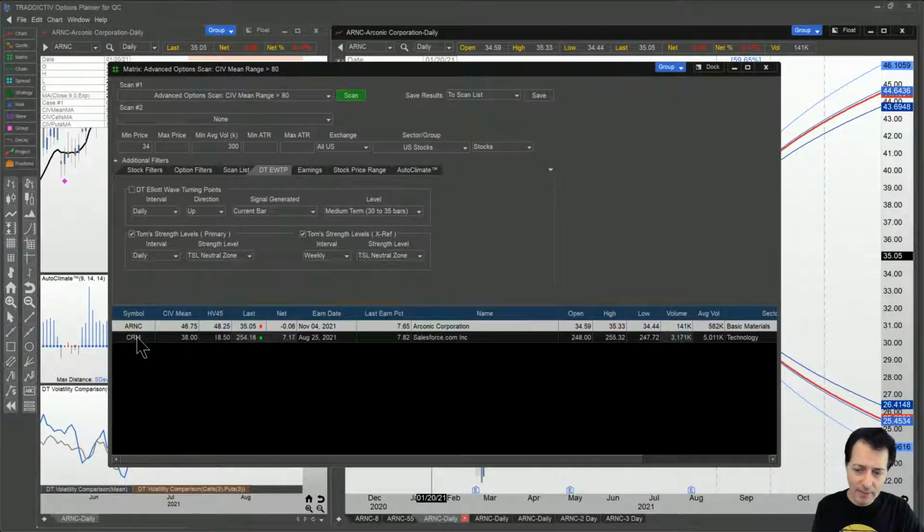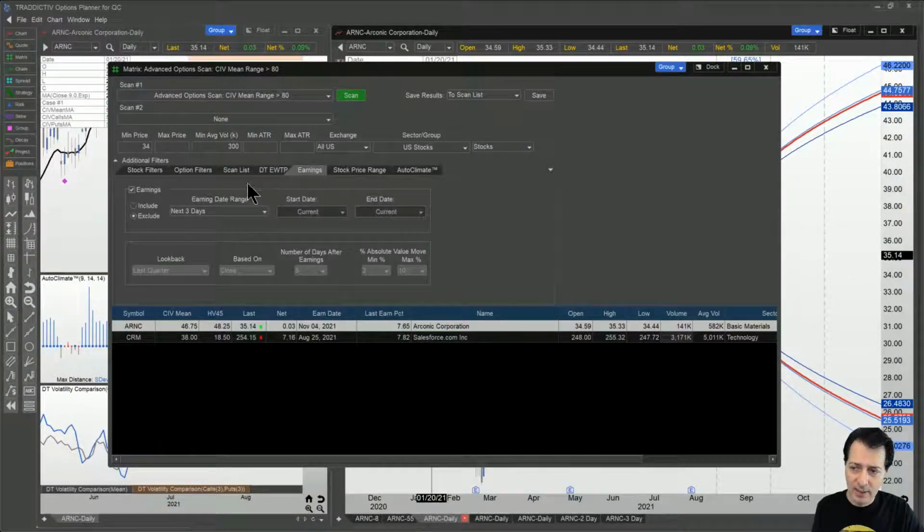Again, CRM, I'm gonna pass on it. August 25 is way too close, and between us, I could have changed these to be less days. But also sometimes you have stocks that are very pricey, which is the case of CRM. Stocks that are very pricey, and maybe you can do a 1 day to expiration, 2 days to expiration type of trade. But again, those don't allow you to do any sort of adjustments because everything happens a bit too fast. So again, I'm gonna look for other things,